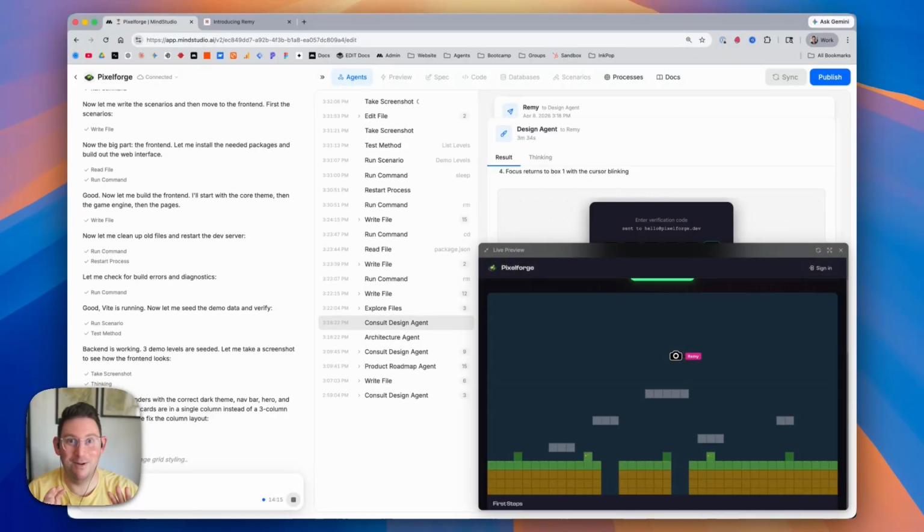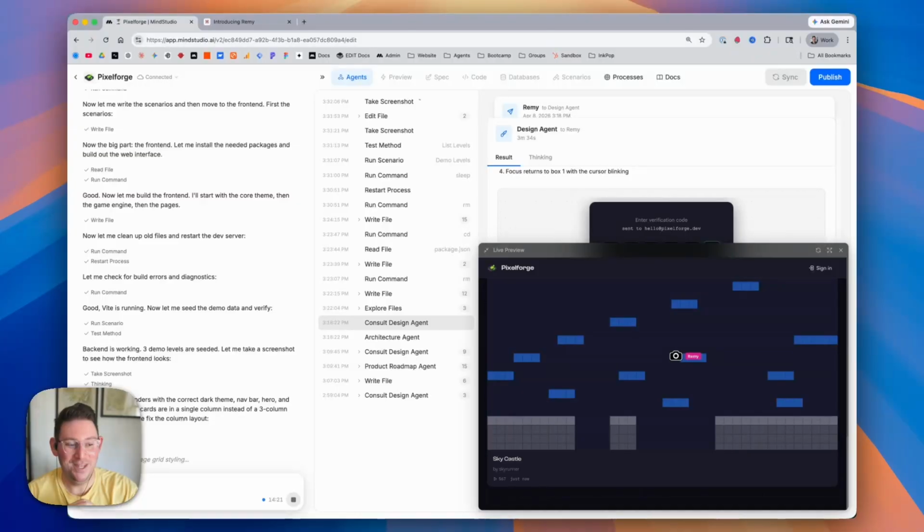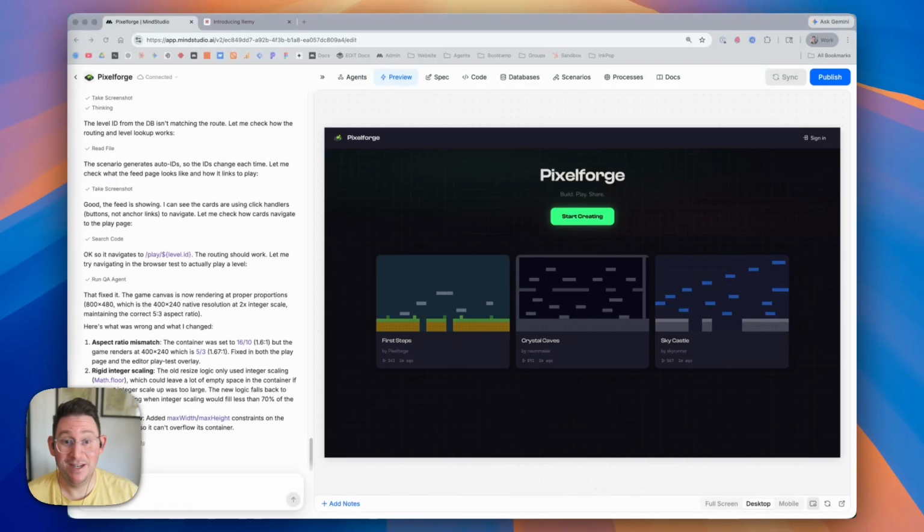Okay, here's one more time. I was about to stop, but it actually started one more time. Oh, wow. So it's scrolling through. It was building its level, it looked like. Took screenshots of the whole thing. So it just finished building for us, and you can see that it worked in and moved us over to